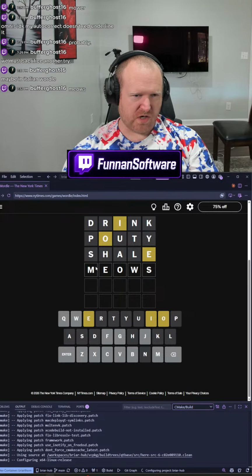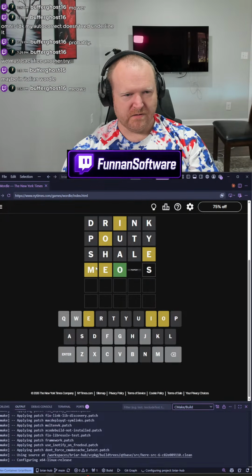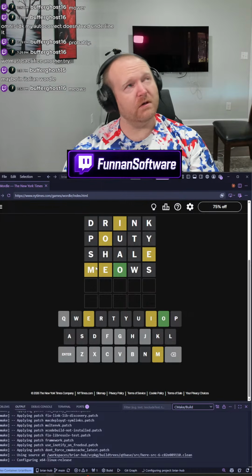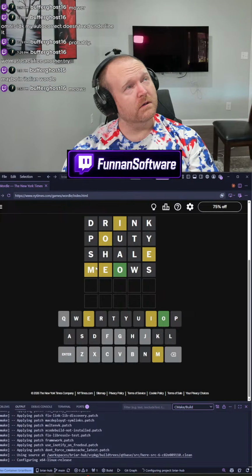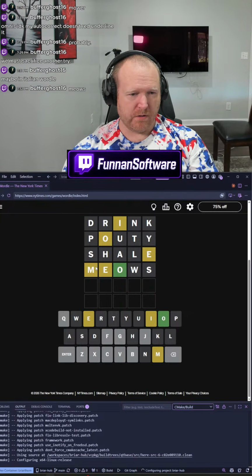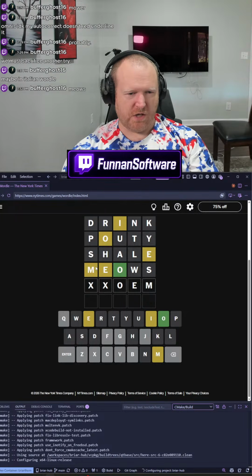Okay, that tries E and O in a different location. Okay, we're doing it. Okay, so it does use an M. And it doesn't begin with M. Holy crap. It uses ohm, ohm like poem.